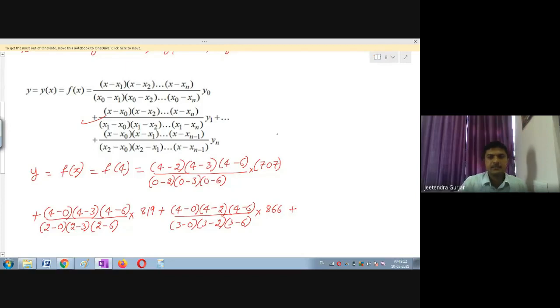See, I will tell you the formula also. Don't get confused here. So here please remember n is equal to 3. For n is equal to 3, this is x minus x1, x minus x2, and x minus x3. We will stop. Is it clear? Or in the beginning, what we have taken here? So divided by, here you are going to take x naught minus x1, x naught minus x2, and x naught minus x3. This is y naught. So this will continue for three terms.